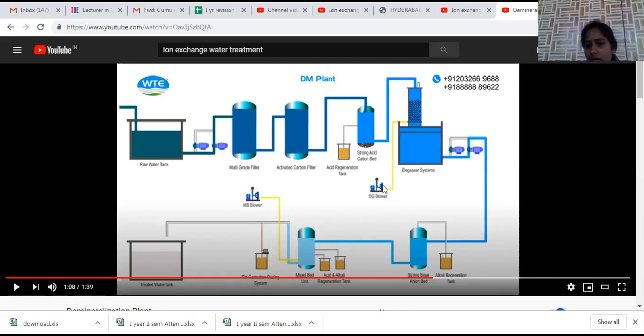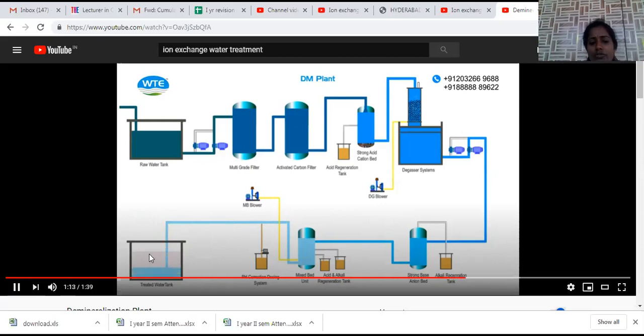And for all these chambers we have side tubes for regeneration. So this is the acid regeneration tank, this is the alkali regeneration tank. We have regeneration tanks, and here the mixed bed is fitted with both acid and base regeneration tanks, because in this, simultaneous acid and base regeneration is possible, cation and anion regeneration is possible. That's why two tanks are there for the regeneration process. And next, water is allowed to enter the treated water tank.